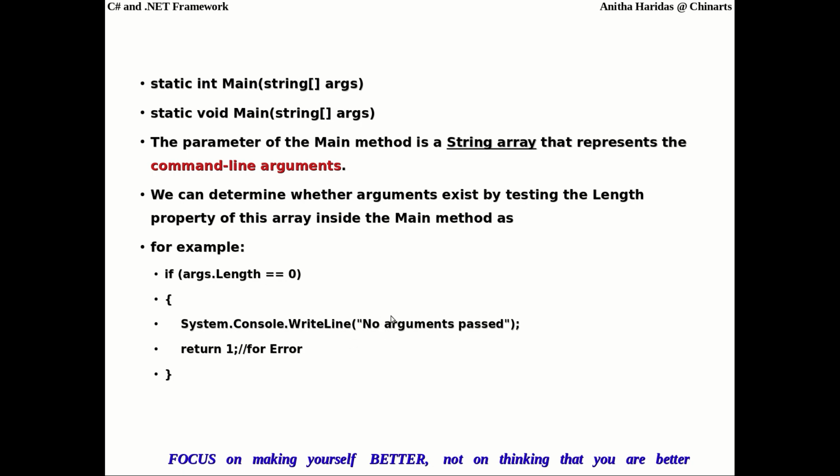So if you are processing any of the command line arguments, and the length of the arguments is equal to 0, obviously your program will return an error. You can return an error code such as 1, 2, 3 depending upon the application. Observe here, if the value returned by the main method is 0, then it is a successful completion of the program. If it is non-zero, there is an error in the execution, and the non-zero value represents the error code of the program.